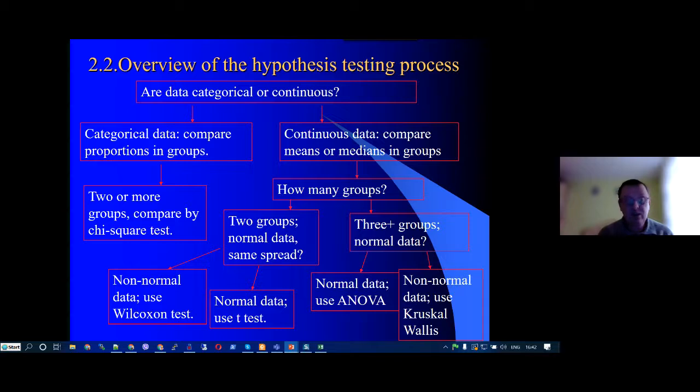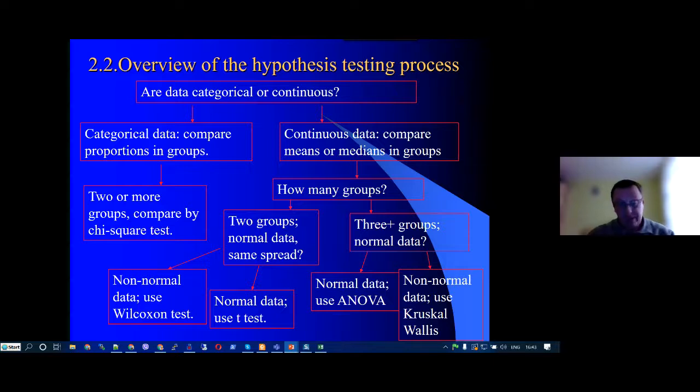Not only means or medians, but major descriptive statistic parameters. And depending on how many groups we have, 2 or 3, and then depending on the distribution, normal or deviating from normal, we have to use a few specific tests, like the t-test or the Wilcoxon test, or for 2 groups or 3 groups, we use analysis of variance,